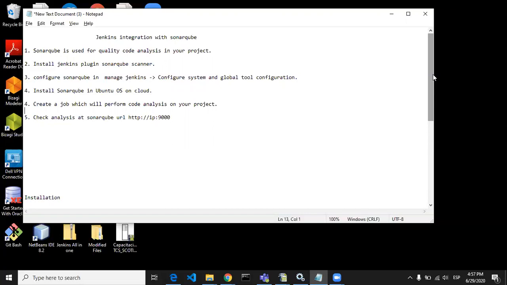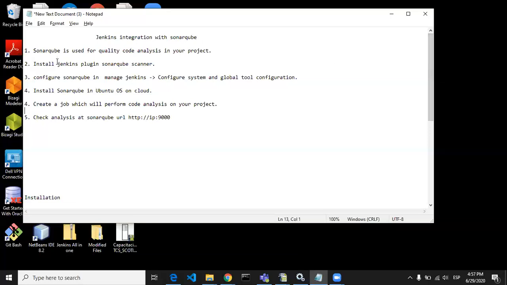So maintain your code quality so that you have a better SonarQube rank in your application while having any audit in your projects. Okay, so without much ado, let's start how to integrate it.